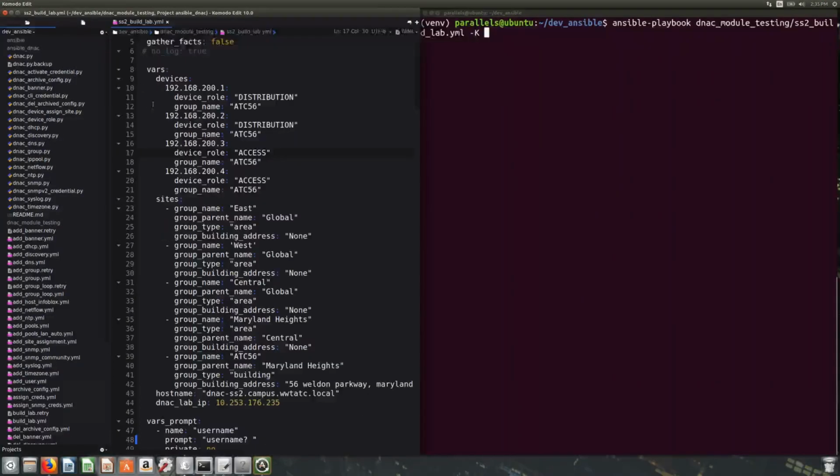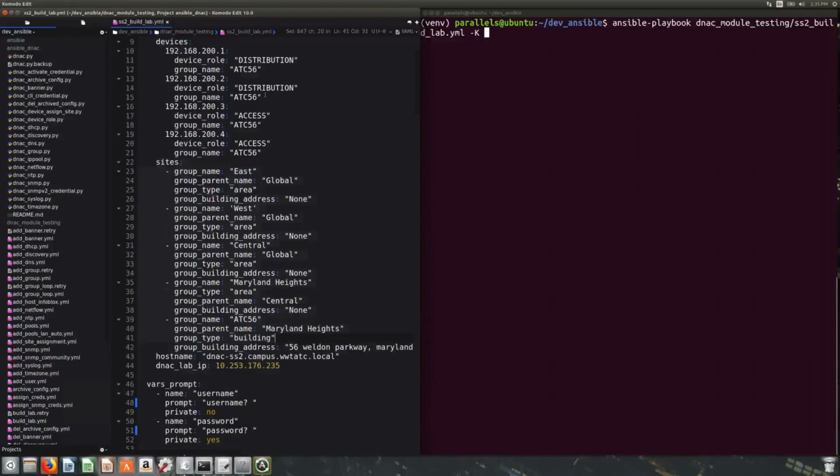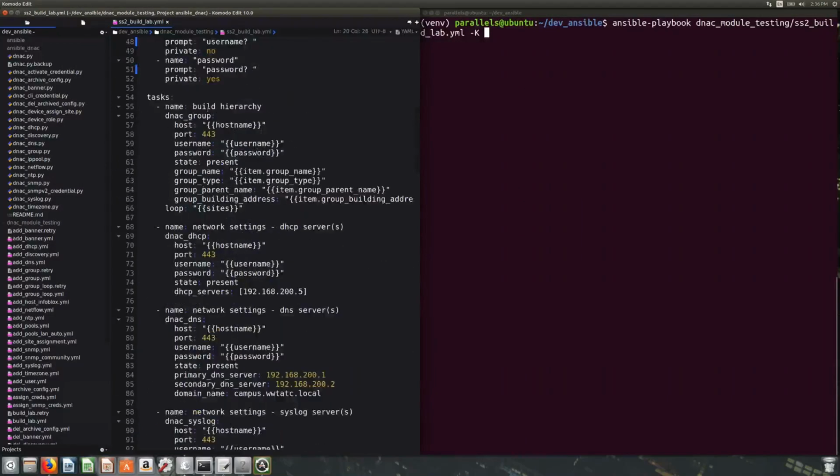Just for demonstration purposes, but at the top I just have some variables. These represent both the roles, creating the hierarchy, and the top is just the roles and the site assignments. So I'm going to go through and create all the sites, create all of the roles, so assigning the roles to different devices once we've discovered them at the end. And then I'll just scroll through. We're not going to go through all of this, but